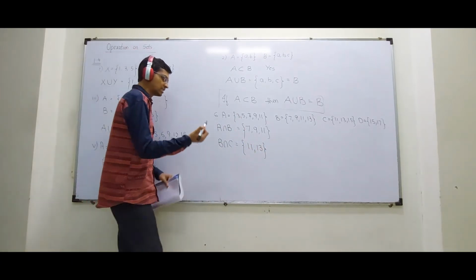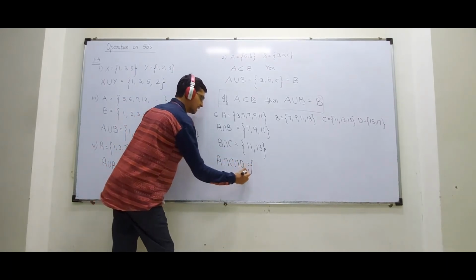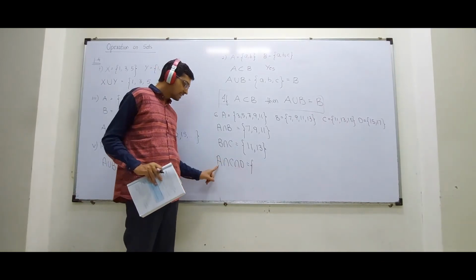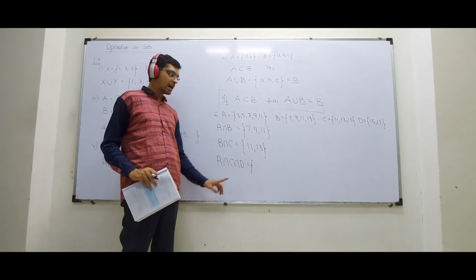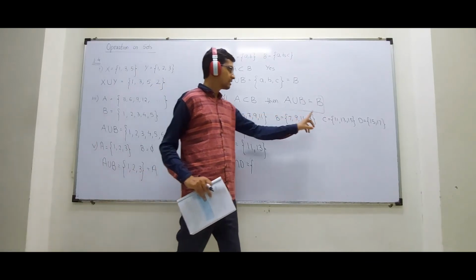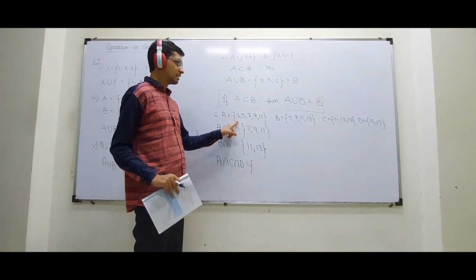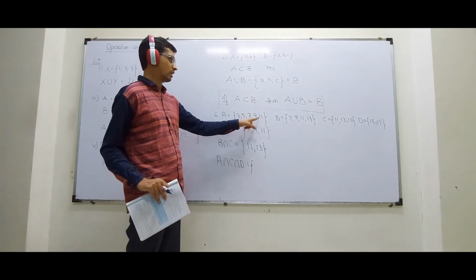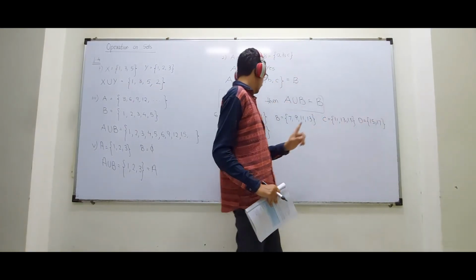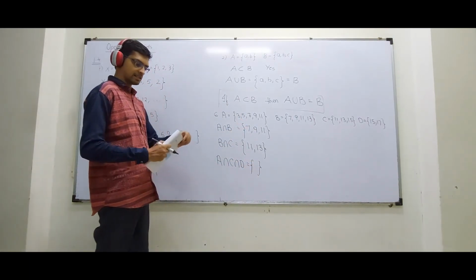Okay. The third one is interesting. They are asking A intersection C intersection D. It is talking about intersections of 3 sets. It means all 3 should have same element. I'll write only those elements which are common in all three sets. So A, C and D. Any element which is present in all three sets? 3 not there. No. 11 is there. Again 11 is not there. 15 is there. 15 is not here. So it will be a null set. Null set. Okay.